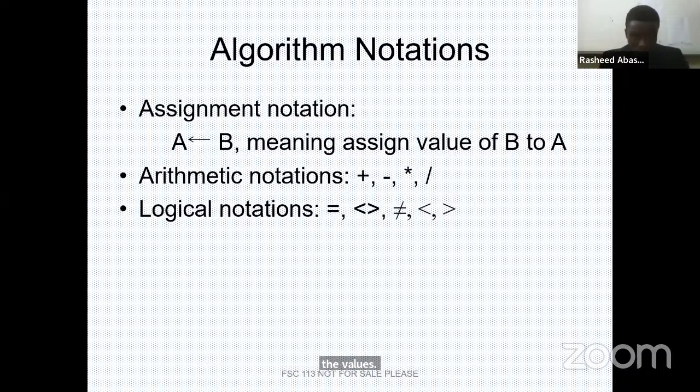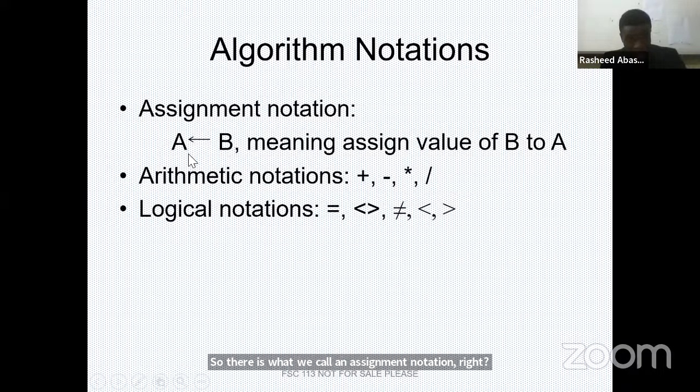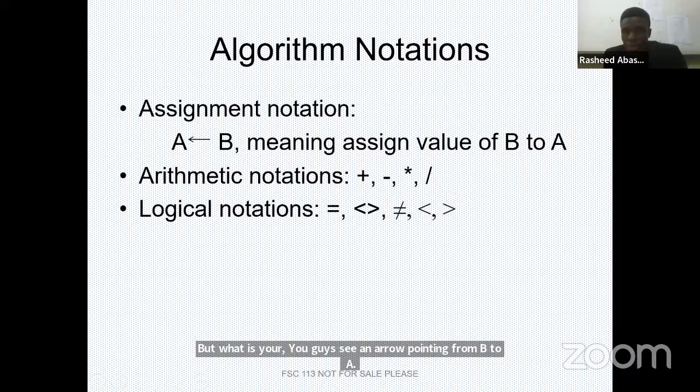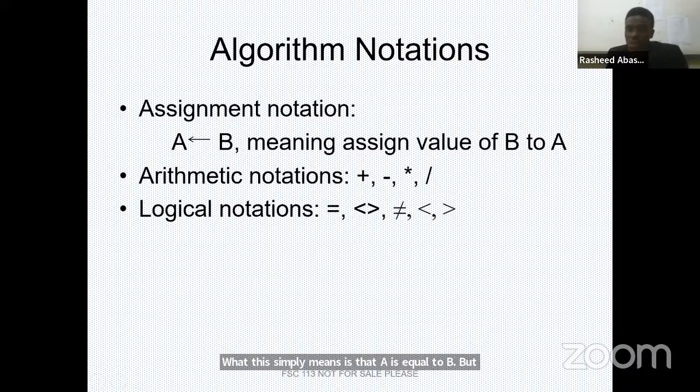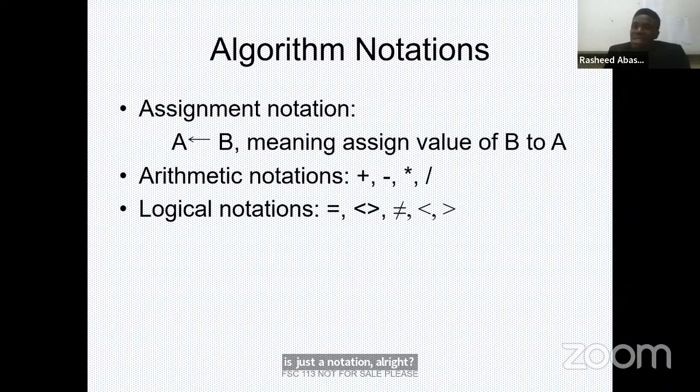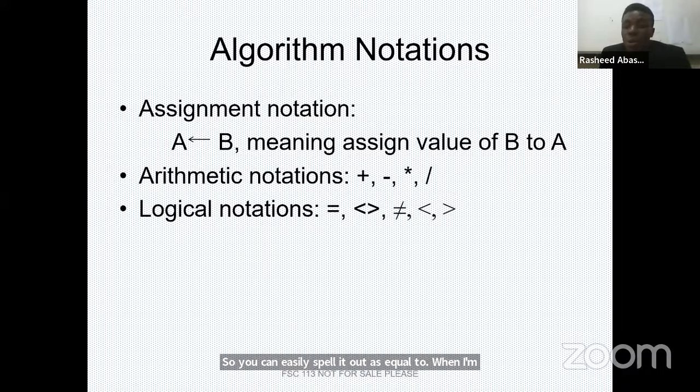So what is A? You can see an arrow pointing from B to A. What this simply means is that A is equal to B. But this is just a notation, all right? So you can easily spell it out as equal to. But in an algorithm, this is a common notation that is used, meaning assign the value of B to